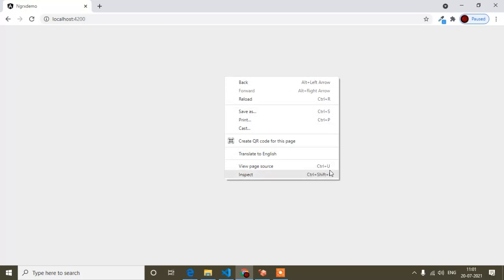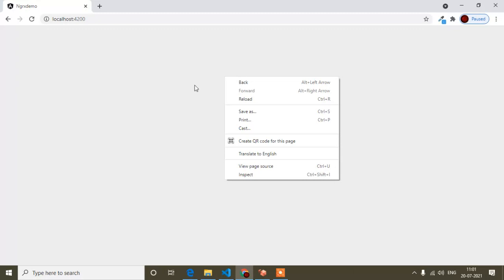In this video I will discuss how we can do that in Angular. I will write custom code and explain it in a very easy way so that you can understand how to modify this default context menu in Angular. This is called the context menu, so don't be confused when I say context menu. When we right click on the mouse and the menu opens, that's called the context menu.